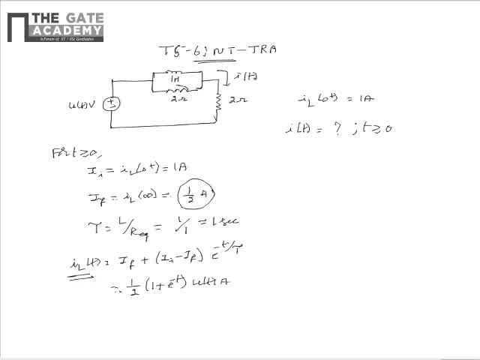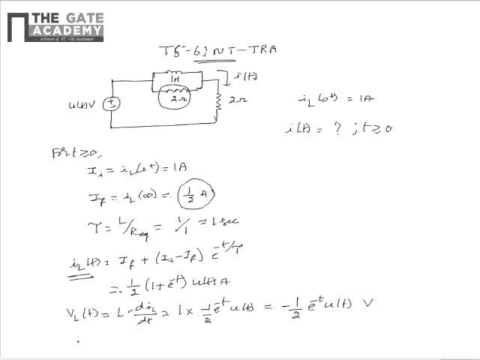For finding I of t, we need to find the value of the current through the 2 ohm resistor as well. So from IL of t, we can find the voltage across the inductor, VL of t, as L multiplied by dIL by dt, that is equal to 1 multiplied by minus half e power minus t u of t. That is, VL of t can be written as minus half multiplied by e power minus t u of t